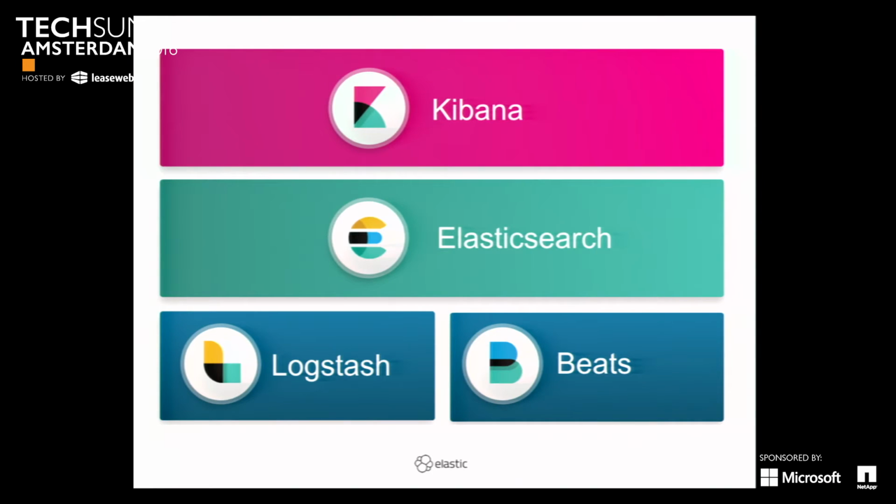So what the stack looks like today is something like this. You have Beats. Beats are these lightweight agents. They can get some data or metrics, and they can either insert that directly into Elasticsearch, or they can forward stuff into Logstash. So Logstash can do some processing and enrichment. And then Logstash would store the stuff in Elasticsearch.